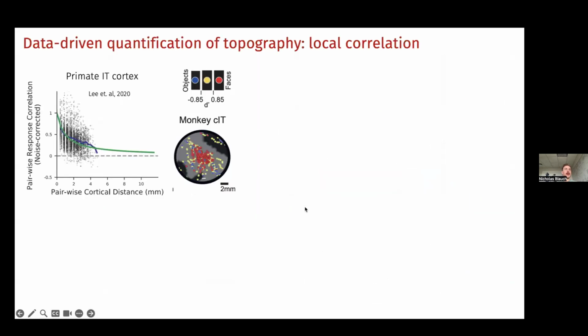Okay. So how can we quantify this? I'm just showing you these pretty pictures, but it's not clear whether there is or is not something there. So we took this idea from the Lead-all paper, which introduced the topographic deep artificial neural network, which is based on local correlation. They basically argued that local correlation is a hallmark of topography. So we took that seriously, and we developed a metric that we could use to quantify topography in terms of local correlation. And this doesn't require you to know anything about what's being represented, just have something that you can